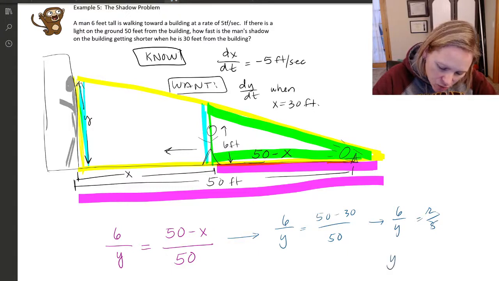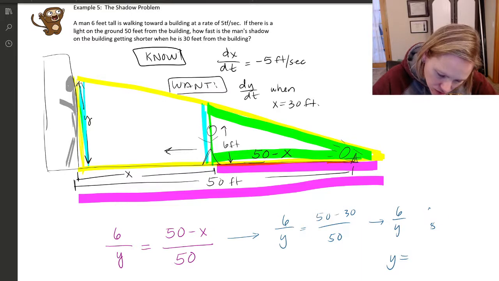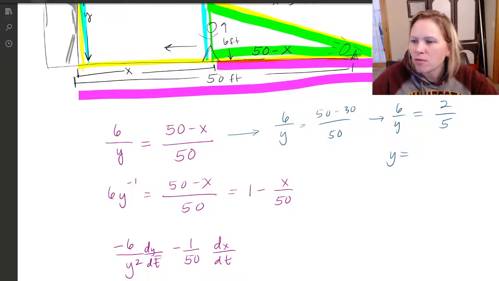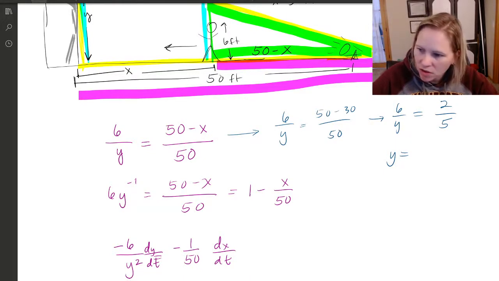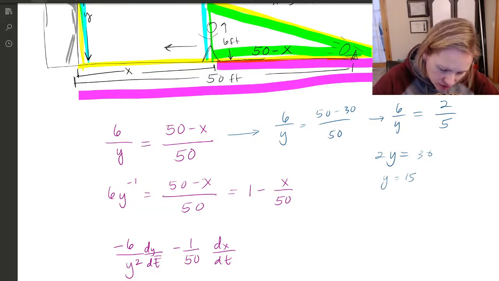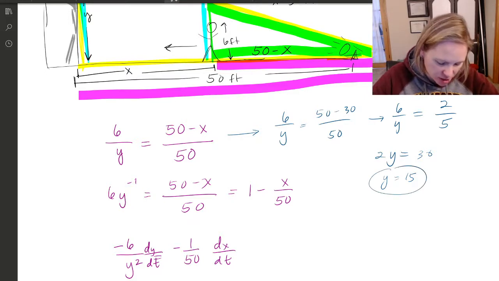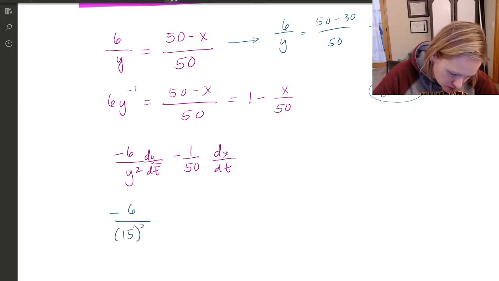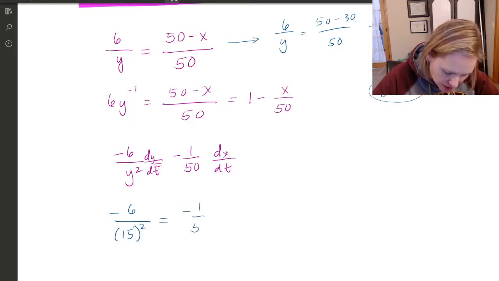And ultimately I get y equals 6 divided by 2 over 5. So when I multiply everything together and find my y value, I end up with y is 15. So now I have that missing piece of information. I'm going to go back to where I started from, and I'm going to plug some things in. So negative 6 over 15 squared equals negative 150, oh, and I have my dy/dt,